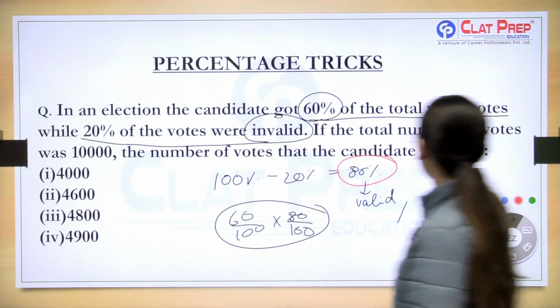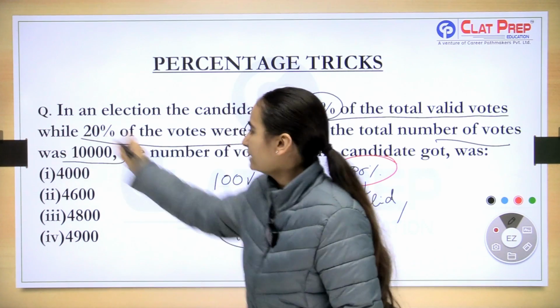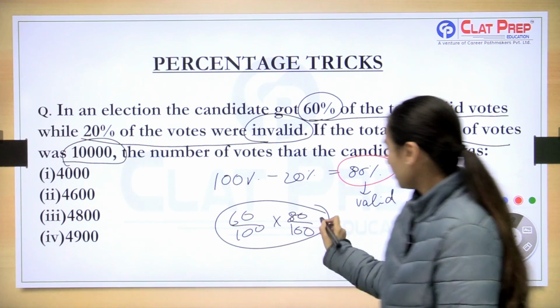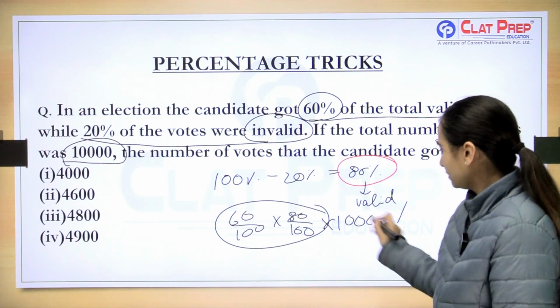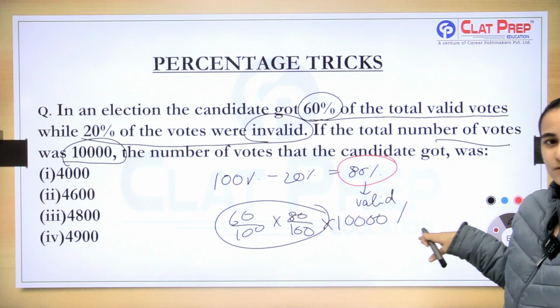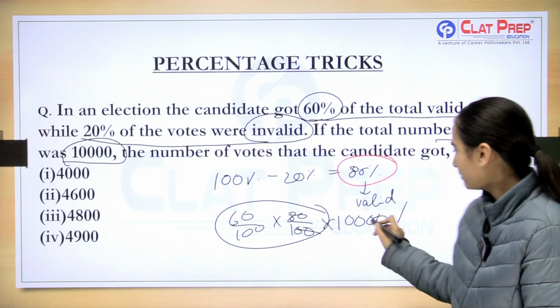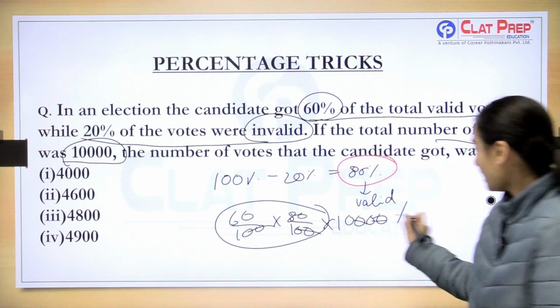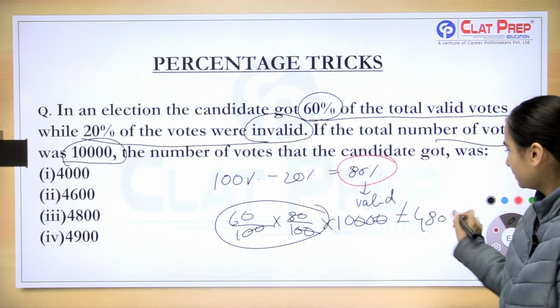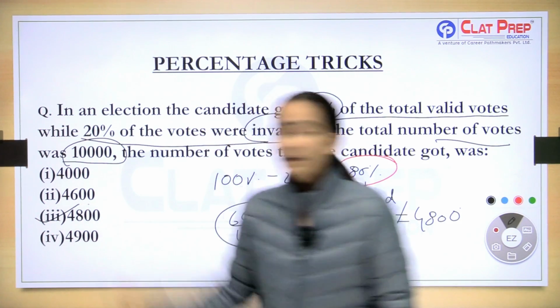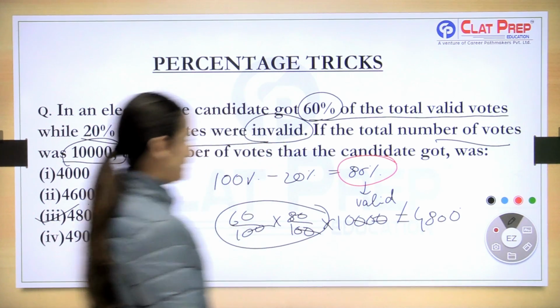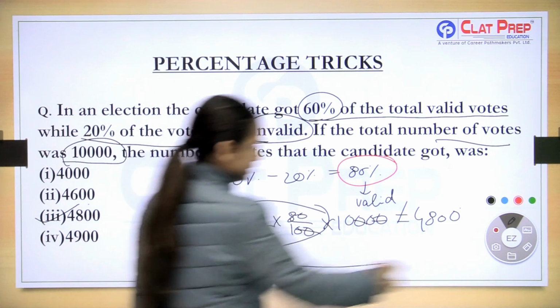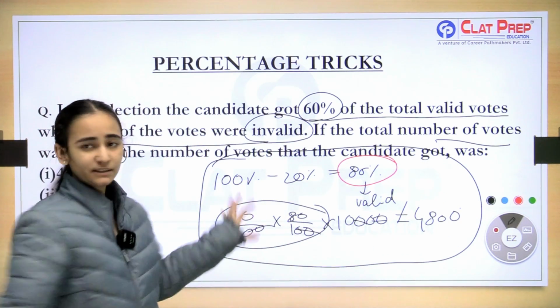The total number of votes was 10,000. This of 10,000. Right? This is the total number of votes which the candidate got. So we cancel this. We get our answer as 4,800. Now, our trick is that instead of doing all this calculation and wasting so much time,